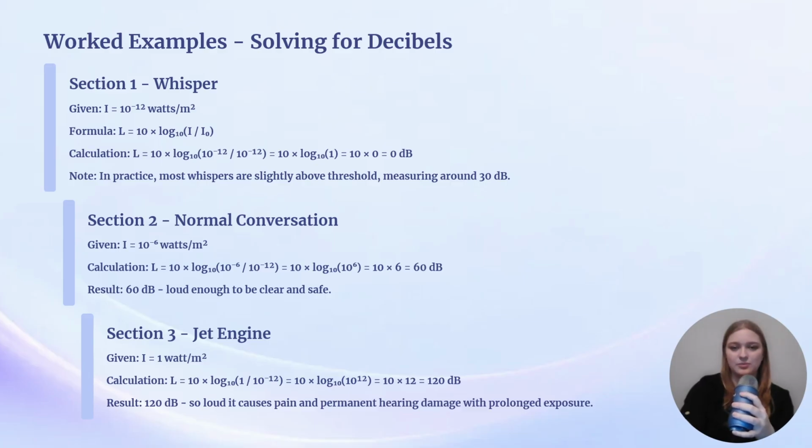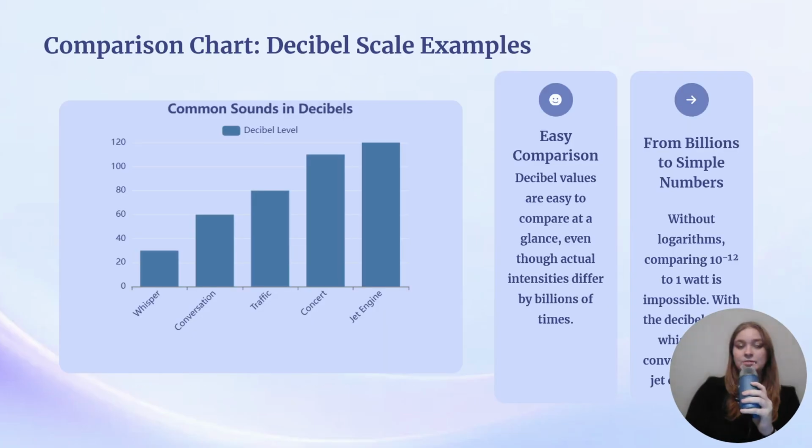We can feel 120 decibels in your chest as a vibration. That's no longer hearing anymore, it's a physical reaction. That's why prolonged exposure at that level can cause permanent damage. Imagine that vibration you feel in your chest, in your ears. Pretty scary. Here's a chart that compares everyday sounds.